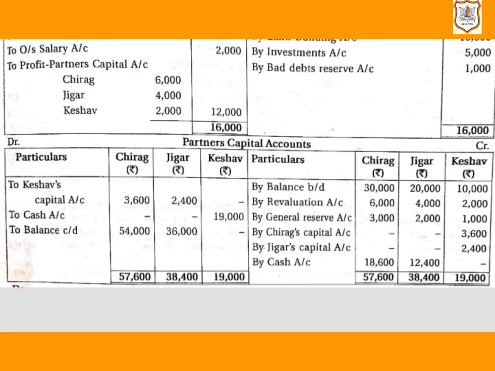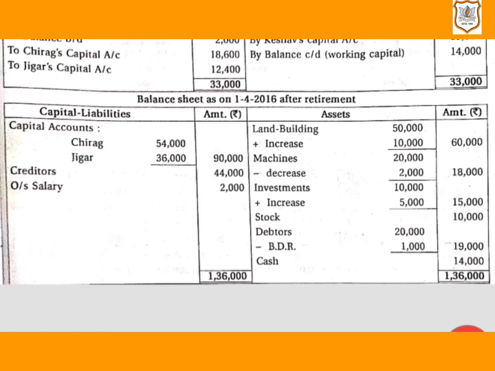Here we will record opening capital balance, that is 30,000 of Chirag, 20,000 of Jigar, and 10,000 of Keshav. Then general reserve will be distributed among all partners in their old profit and loss sharing ratio, which will be 3,000, 2,000, and 1,000. Then creditor will be recorded. It will be shown on liability side. Here it is, creditors